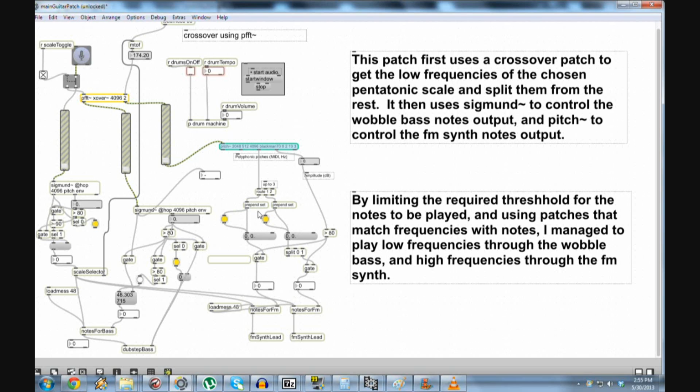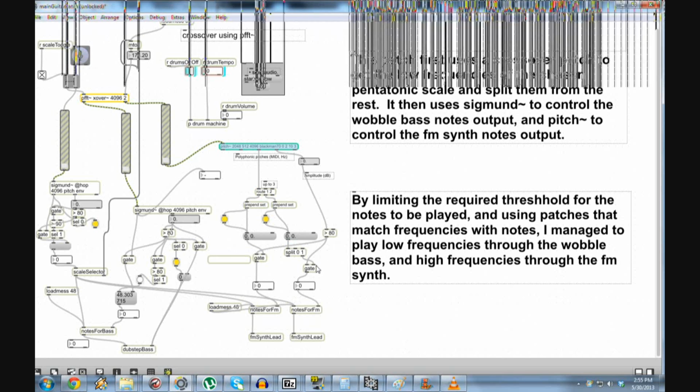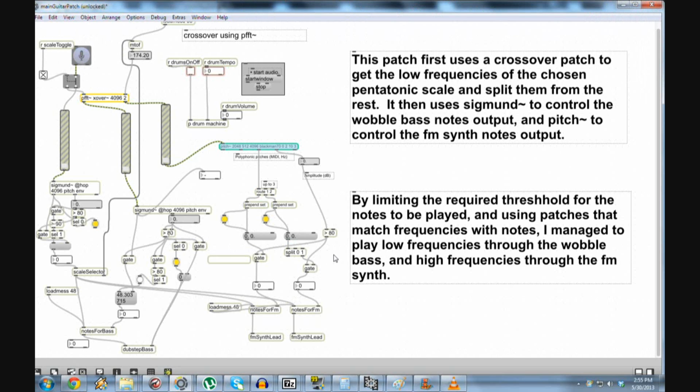And you just play notes within the scale, and if it detects the note that's within the scale, it sends it to the FM synth lead, the FM lead patch. So this also has